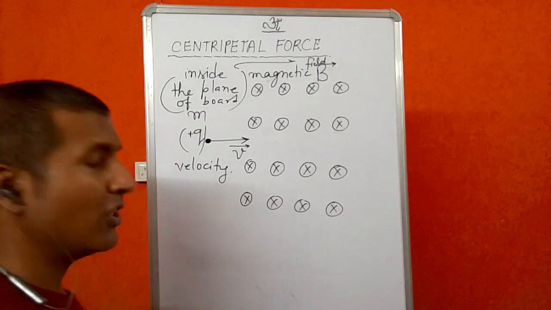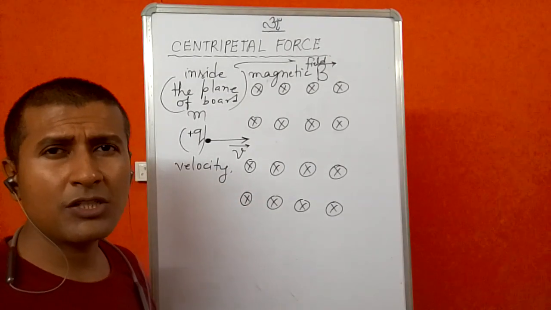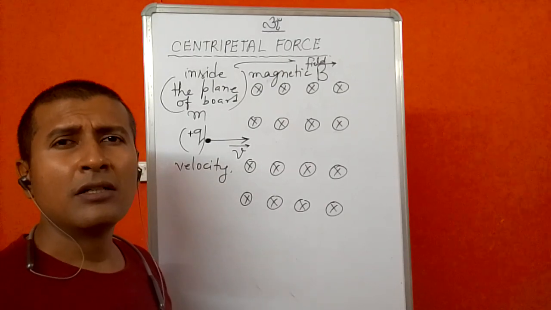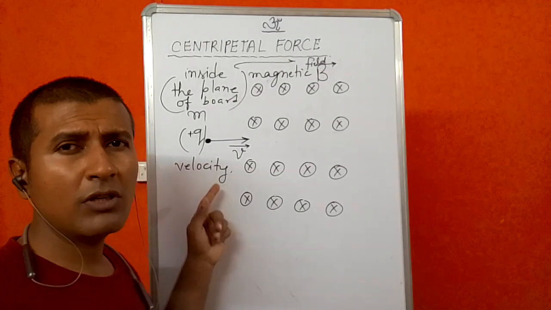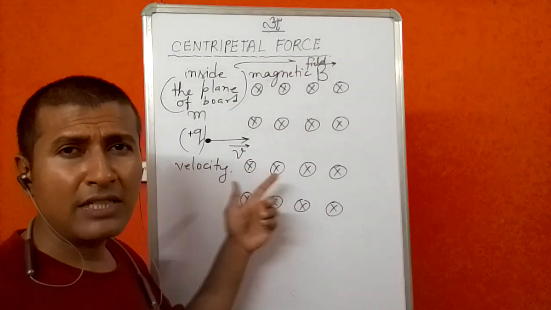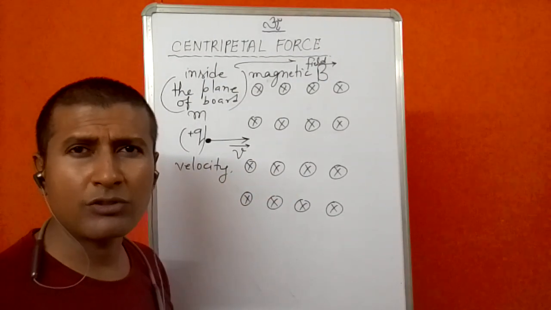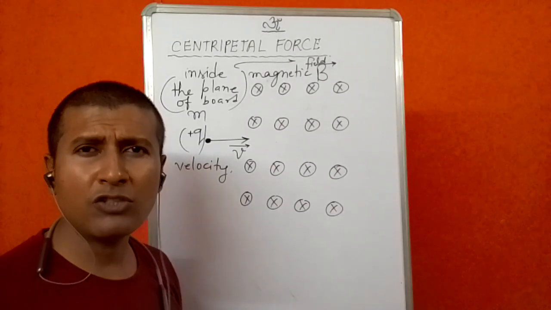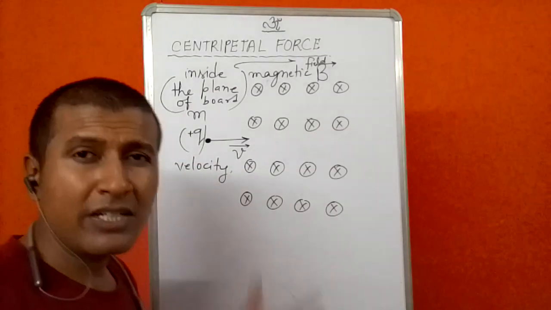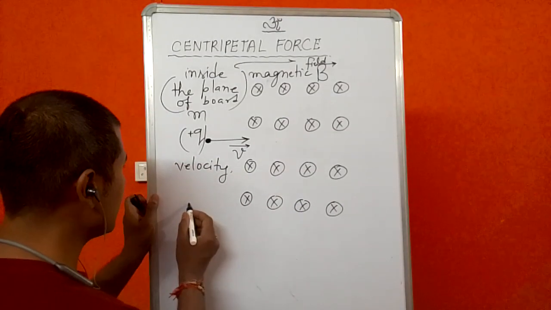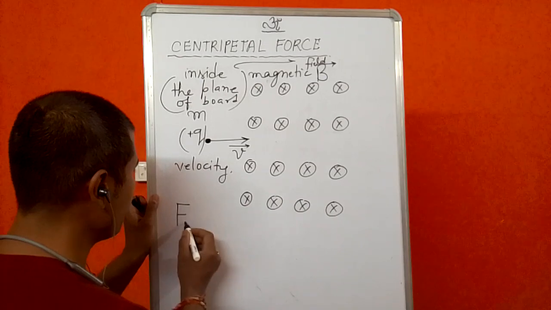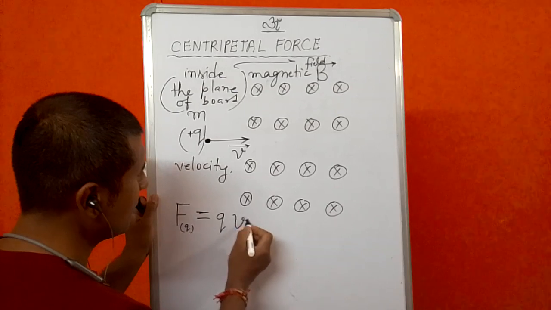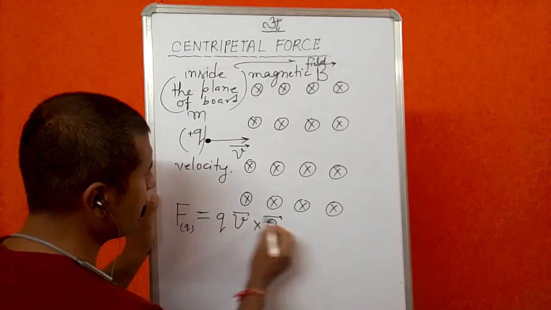Now what will happen to this particular charge? To understand it, first of all, we need to understand whether there is any force acting on this particular charge when it enters into this magnetic field. Yes, of course. And that force is known as magnetic force. Now let me give you a brief introduction of magnetic force. Magnetic force is defined as the Lorentz force F, which is applied on any particular charge, which is equal to q times v cross B.